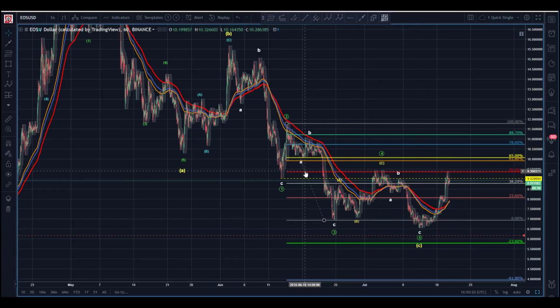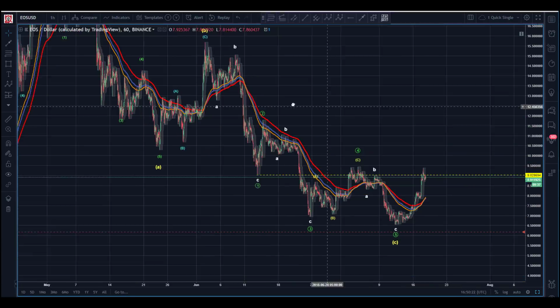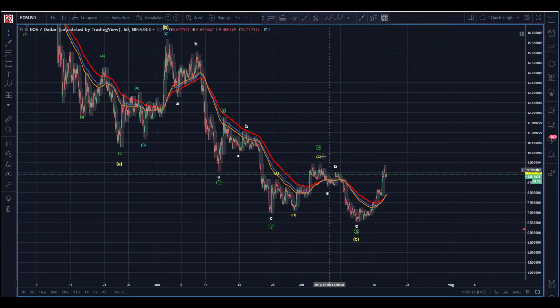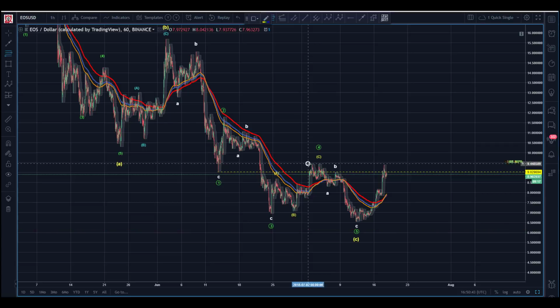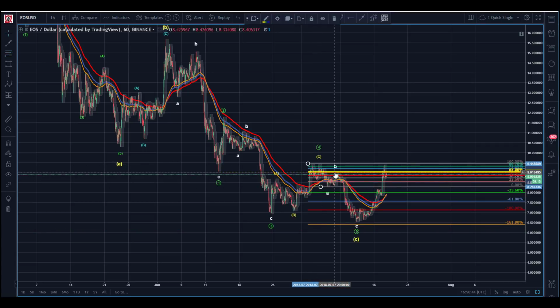Now, let me pull back out here just real quick. So if we look here now, I do get an ABC here. And as I recall, this was technical. So if I take the length of my A projected from my B, here we get just past the 200 with this little wick. I don't have anything relative to this pivot here, as I recall. Well, we get golden zone.